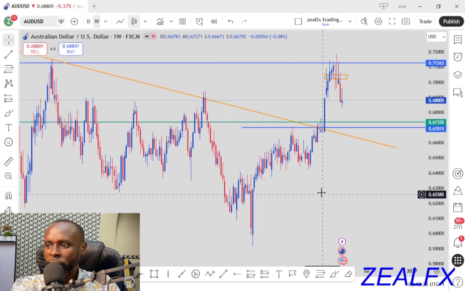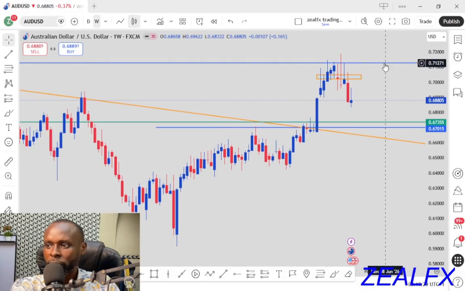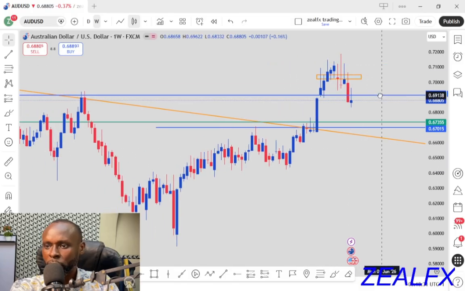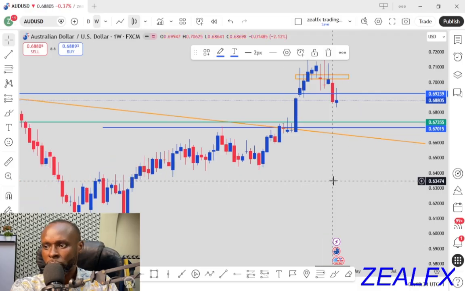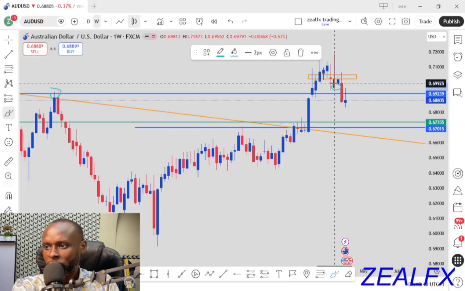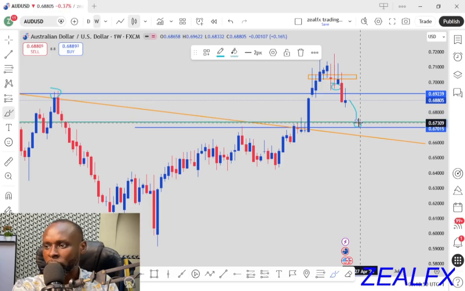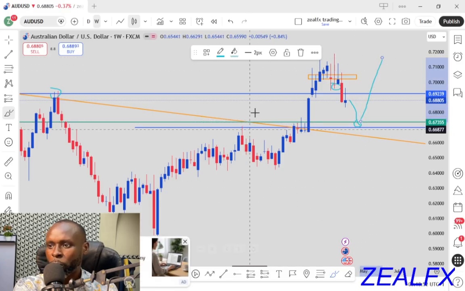So on my weekly chart, we can clearly see that price rejected from this resistance level. Then we also have price rejected from this resistance level. So long as price is rejected from this resistance level, there's every chance of price still testing this weekly support level, which is the previous resistance level on the weekly chart, before we can start looking for a possible buying opportunity